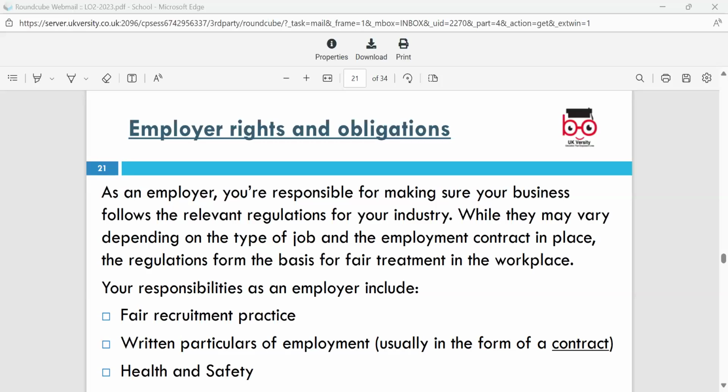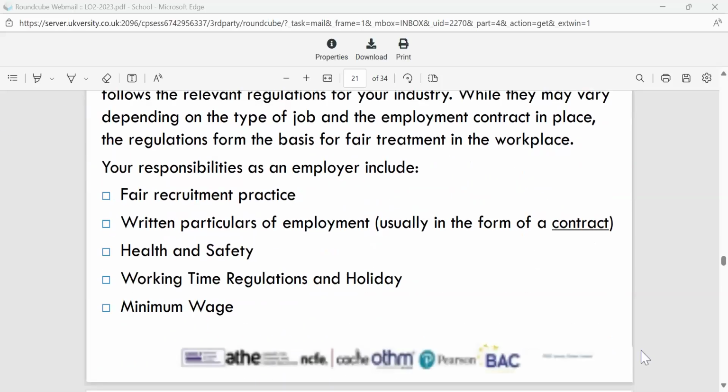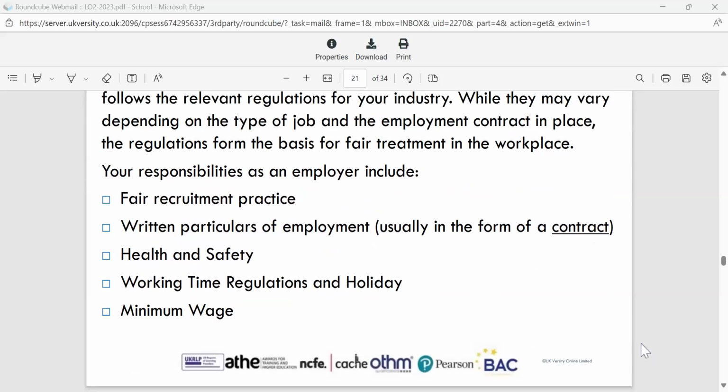And employees are responsible for making sure the business follows the relevant regulations, any sort of code of conduct, any sort of fair treatment in the workplace. And your responsibility as an employer includes things like fair recruitment practice you put in place, making sure that you are providing written particulars, so that's a contract of employment, also health and safety and working time regulations,